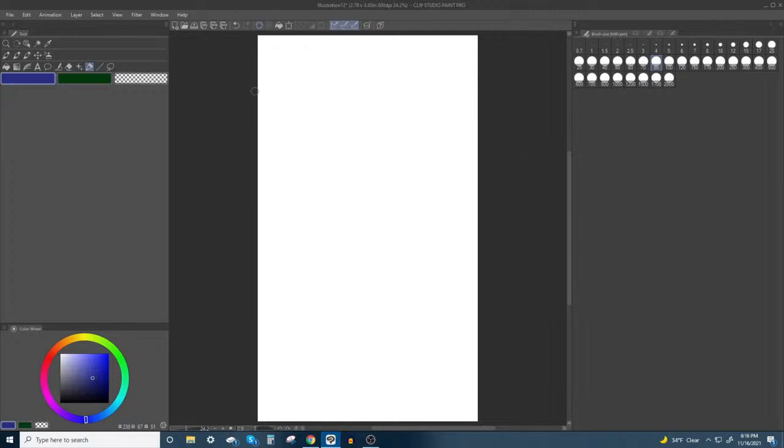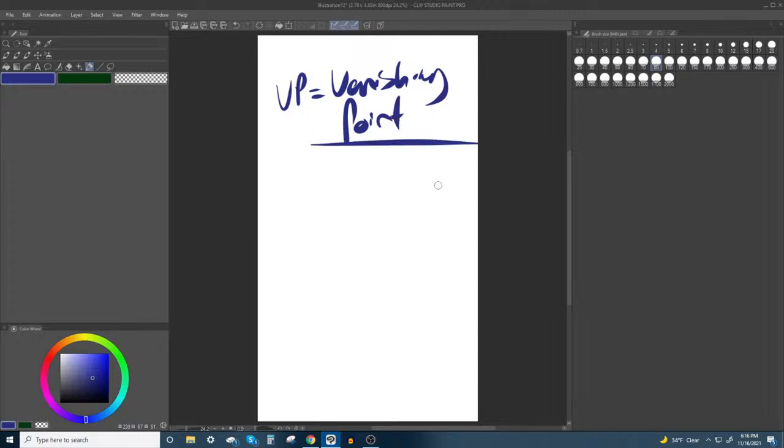So what are these terms? VP means vanishing point. Vanishing point. It is the point where everything vanishes into the horizon line. So if I made a horizon right now and I wanted to go on the right side here, I will put a point here to give us a sense of direction of where we're supposed to be going. That's what the VP is. It's to represent where the point of